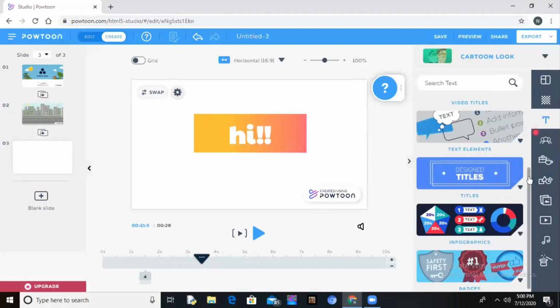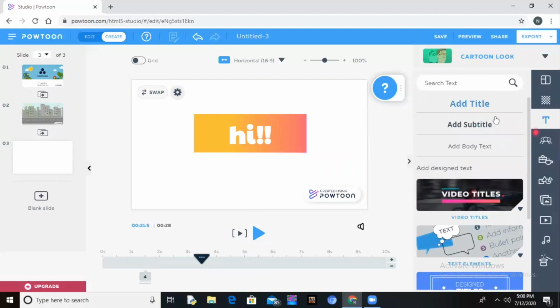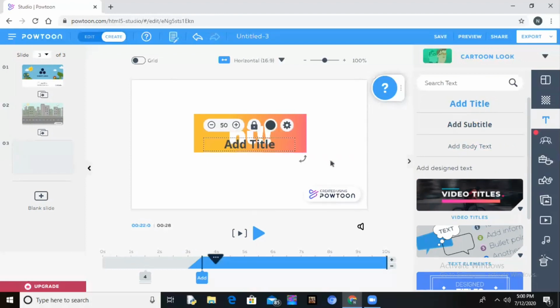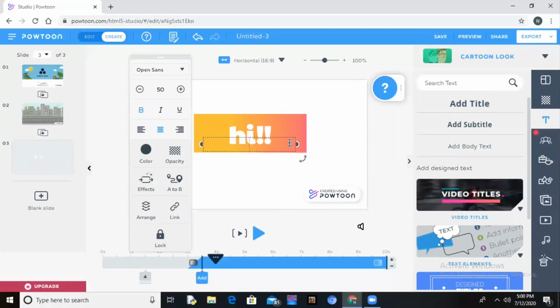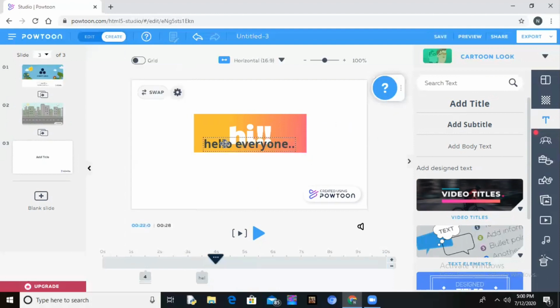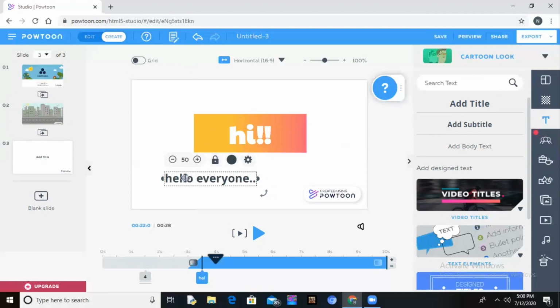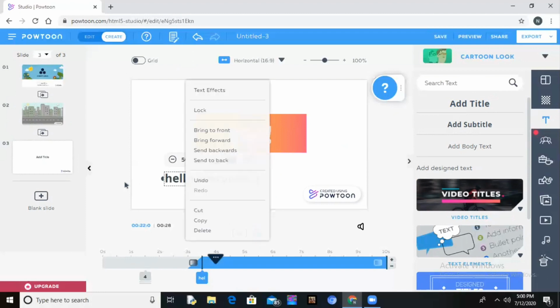Here on the top you can see options like add title, add subtitle, add body text. So you can just click one, take one title and write anything over here. Suppose I write hello everyone, like this. I can put this anywhere on my working area. And then when I right click on this,